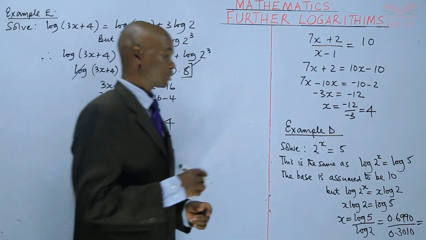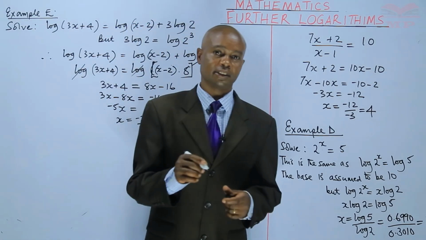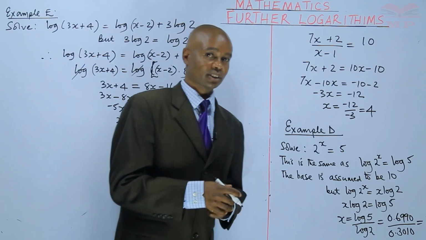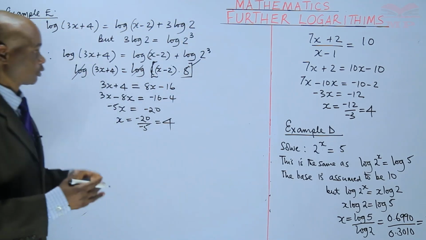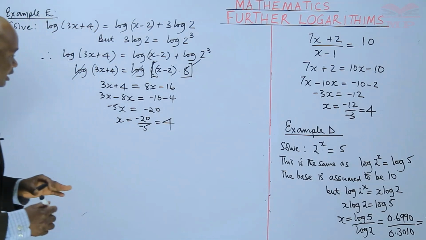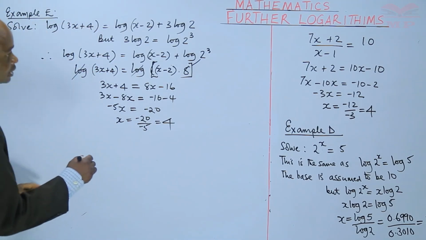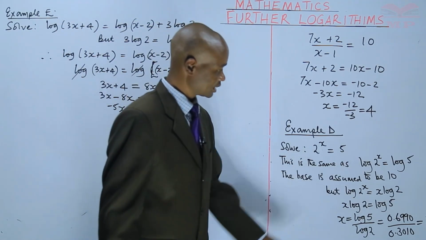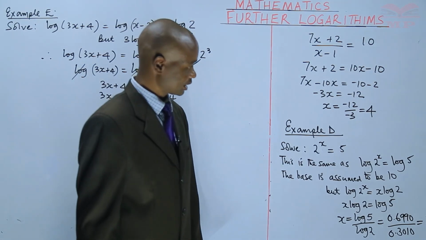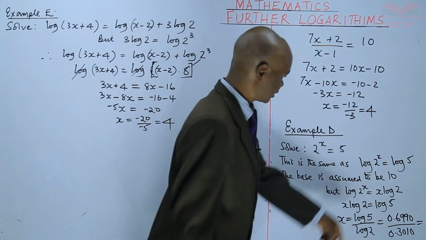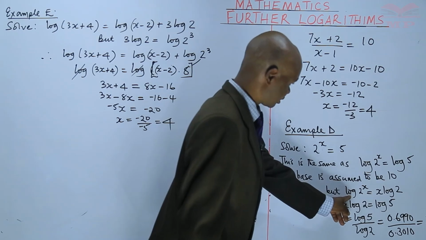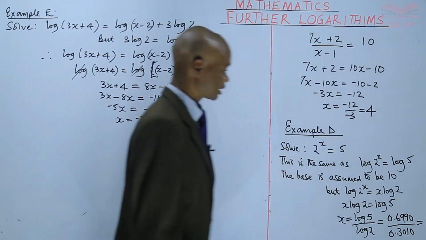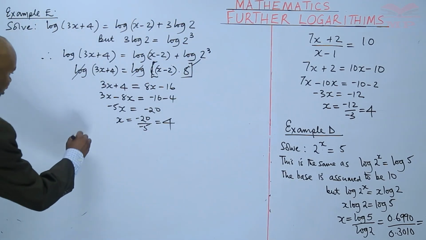There is something I've told you. When you see 3, that is logarithm of 1,000 to the base 10. So you always substitute and continue with the same base. With that, look also at D. I assumed they are all to the base 10. And realize that log 2 raised to x is the same as x log 2. That enables me to get x easily. So in the assignment,